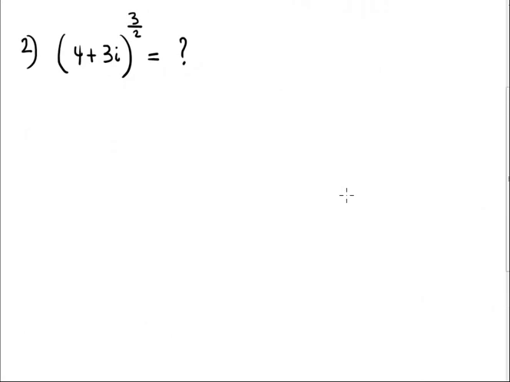Okay, this is the second problem, extra credit problem. It's the same complex number but raised to the 3/2. Wow, this is easy because we compute, remember, the square root of this number. So this is equivalent to say the square root, because it's 2 here, 4 plus 3i, that we compute before, raised to the cubic power. Entonces, in other words, you compute the square root, because the answer was, remember,